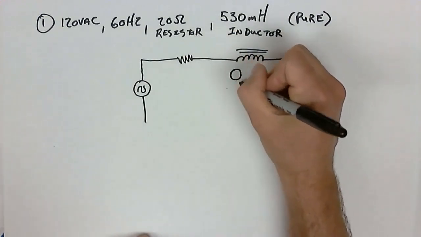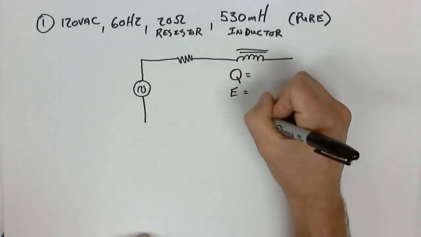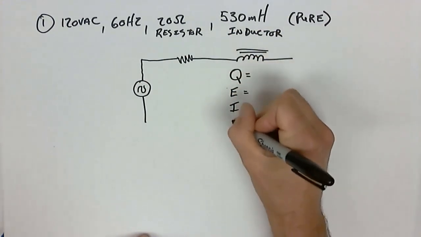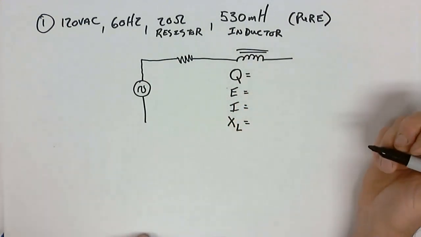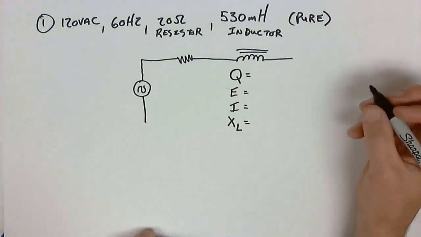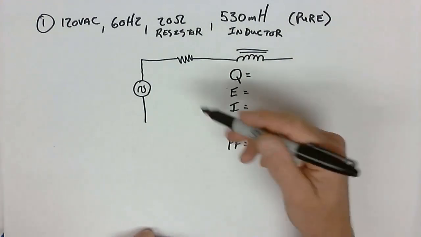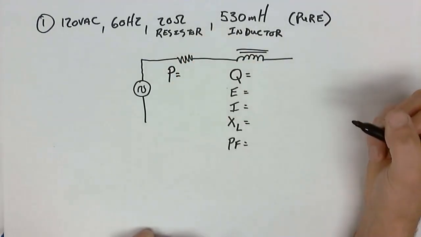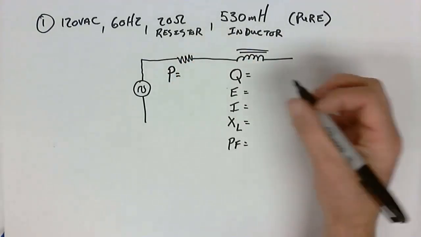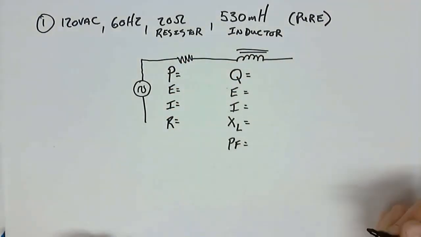So let's start with Q. There would be VARs for this inductor. There would be a voltage across this inductor, a current through the inductor, an XL of inductive reactance. What about the power factor of the inductor? All right, let's move over to the resistor. The resistor will have Q? No, it will have P, power, watts. There will be a voltage across the resistor, a current through the resistor, and a resistance, as the French say,